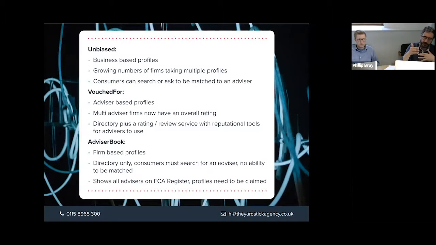If they've searched the directory, they've done a bit more work, so potentially they're a bit more engaged, but they've actually chosen to contact you and your firm rather than somebody else. So they made a positive decision that you might be the advisor or planner who can solve their financial problems or help them achieve their aspirations. So inquiries that come to you, rather than matched, I think are probably better from Unbiased.